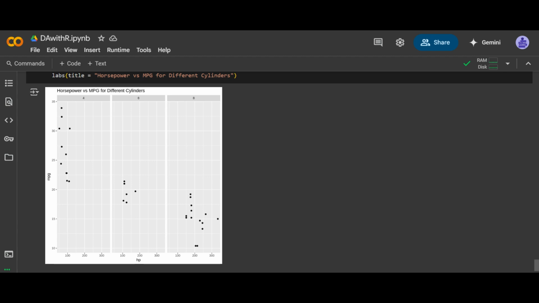For a quick summary of customization in the library, for adding title and labels, we can use the labs function. For changing colors, we can use the scale fill manual or scale color manual function. For modifying legends, we have guides and the theme function that has legend position, where we can declare exactly where we want the legends in our graph. For changing the theme, we have different types of themes as we discussed. And lastly, for facets or splitting the charts, we have facet wrap. Then we initialize the variable on the basis of which the data will be split.